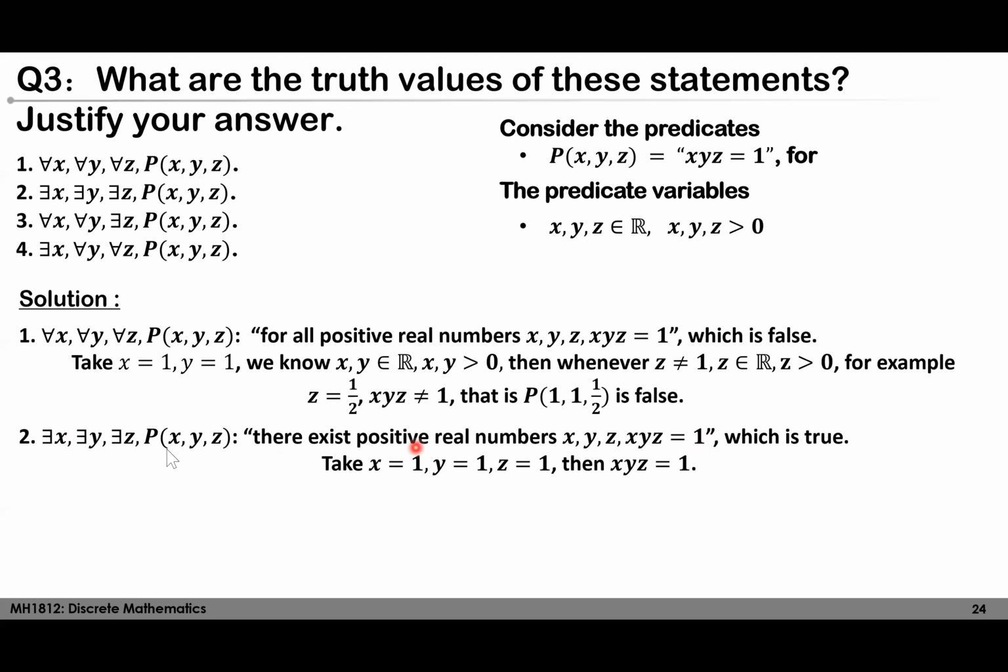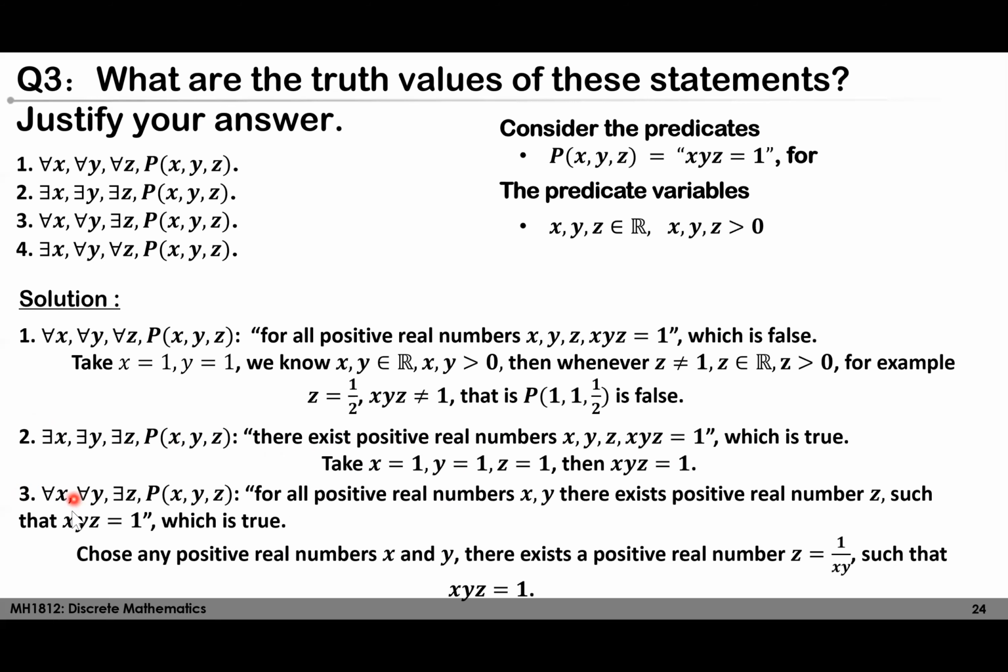equals 1. We know this is true. We can take X equals 1, Y and Z both equal to 1, then the product equals 1. So this is a positive example for this existential quantification. And for the third sub-question, it translates into for all positive real numbers X and Y, there exists a positive real number